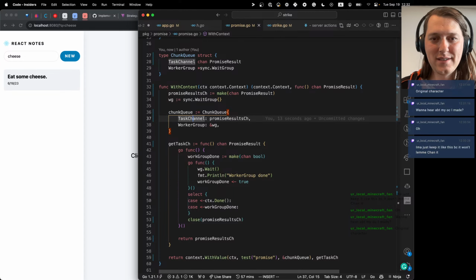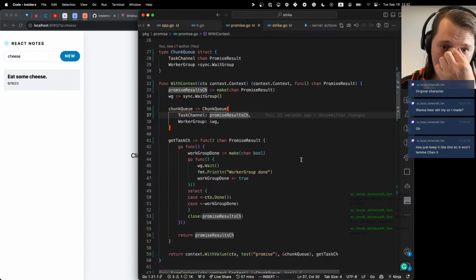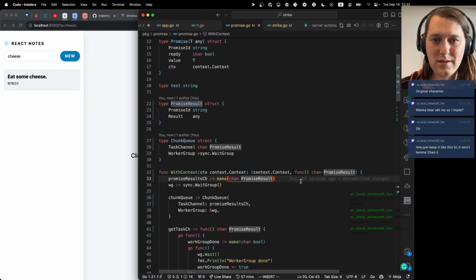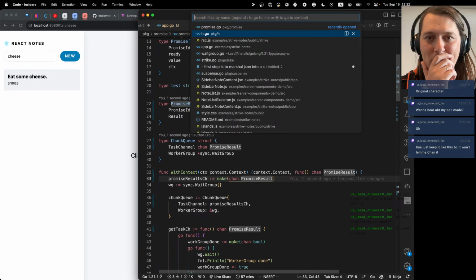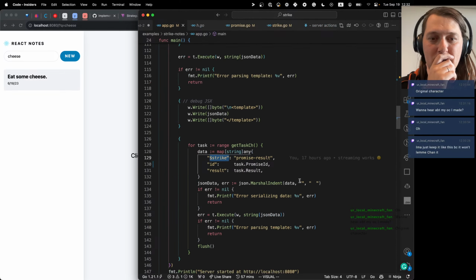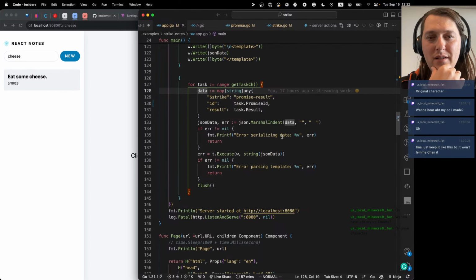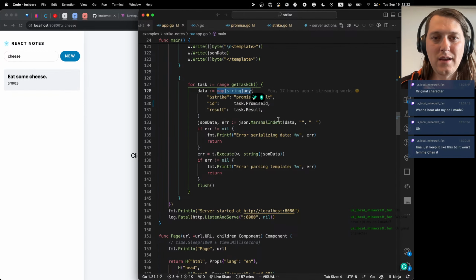Okay, so this is right. So we can imagine that this is not just for promises. I guess it depends where we serialize it. If you can serialize, yeah, if it's just an interface that I can marshal. Yeah, so if it's just data of map string any,